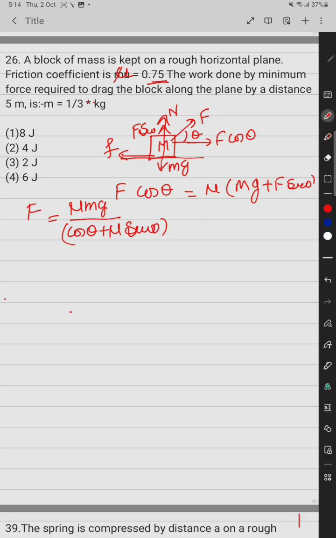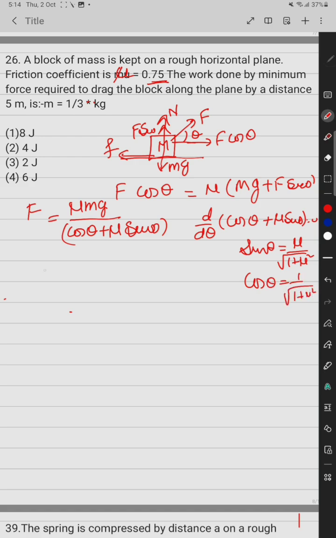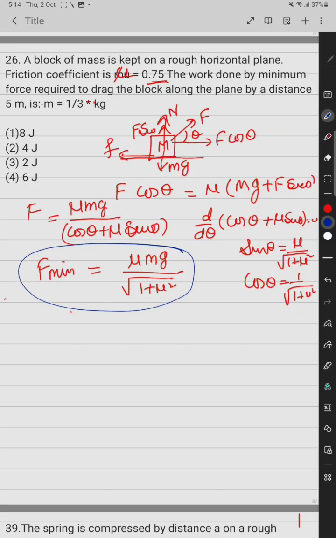And for the minimum value, if d by d theta of this term is equal to 0, so it is cos theta plus mu sin theta, that equal to 0, then sin theta equals mu divided by root of 1 plus mu square, and cos theta equals 1 by root of 1 plus mu square, and the minimum force which is required to just pull the block is mu mg divided by under root of 1 plus mu square. So if we solve, this value will come, and according to this value, the displacement of the block